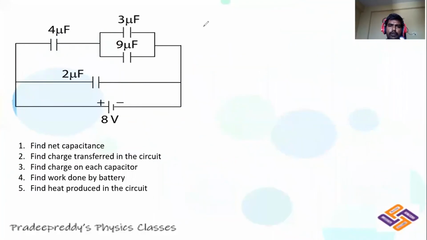Question number 4. Find work done by the battery. Work done by the battery is equal to potential difference into Q transferred. What is potential difference? 8 volt. And how much is charge transferred? Obviously 40 microcoulomb. This gives you work done is equal to 8 into 40, which is 32